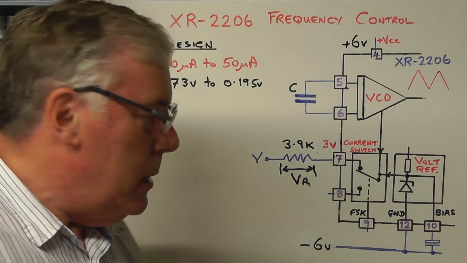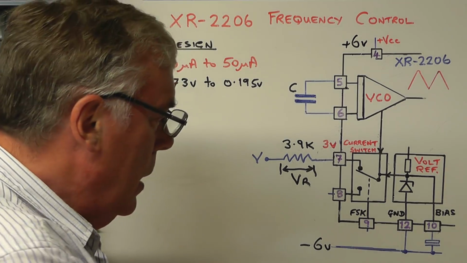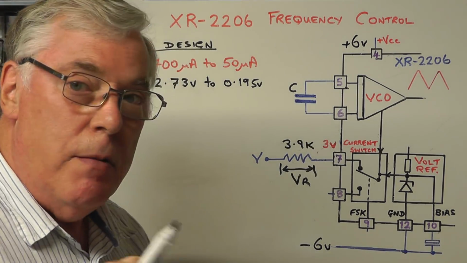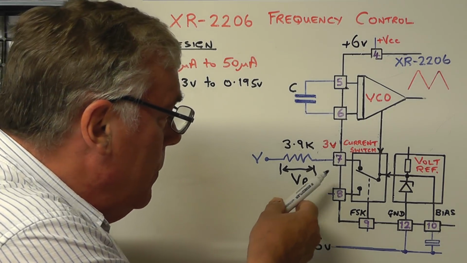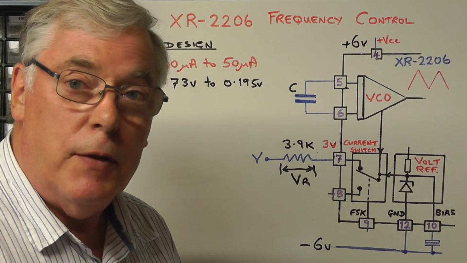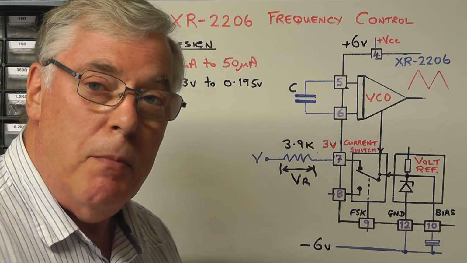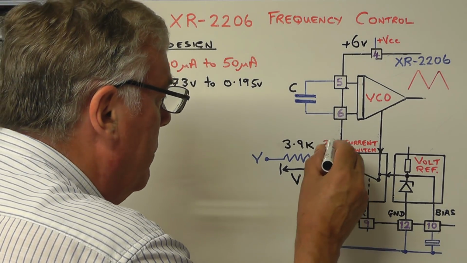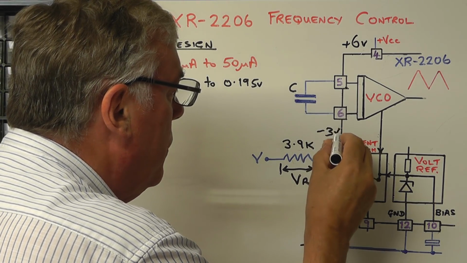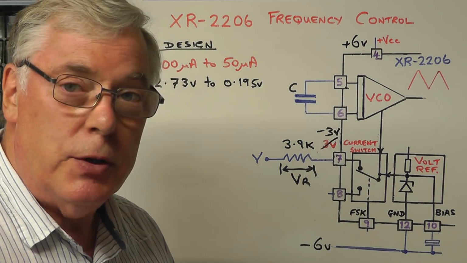Now once we do that, the voltage reference in the IC is going to change, because pin 12 is no longer at 0 volts, it's at a minus 6. And remember we said that pin 7 would always be 3 volts higher than the voltage on pin 12. That's the relationship between the two. Since we've now changed pin 12 to a minus 6 volts, the output voltage there will now change to a minus 3 volts. So we now get a negative voltage on pin 7 as opposed to the positive voltage we